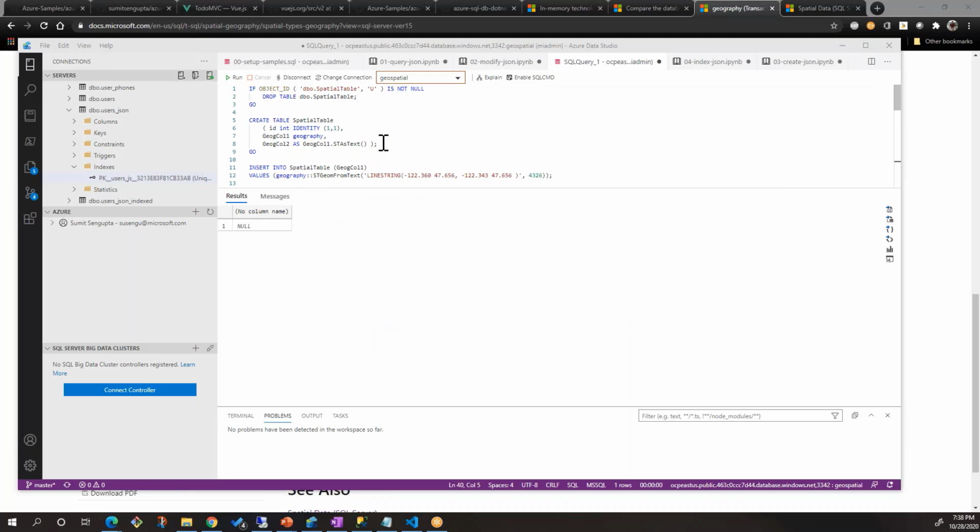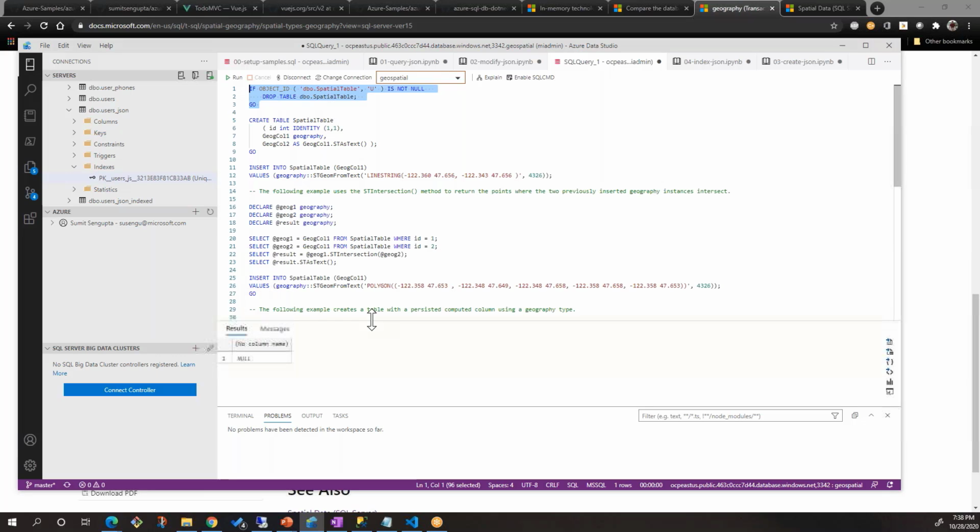This is a very, very simple rudimentary example, okay? What we're doing here is that at the top of the script, so let's run the whole script. Actually, let's run it one time. So run that. And then we're going to create this table. So notice that when I create this table, I'm creating a different column type called geography.